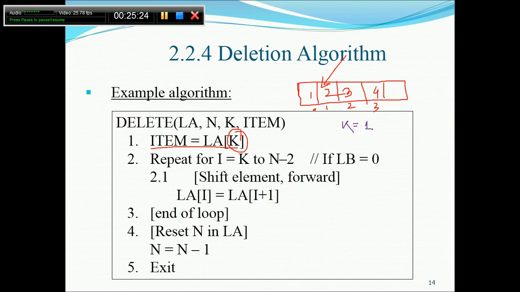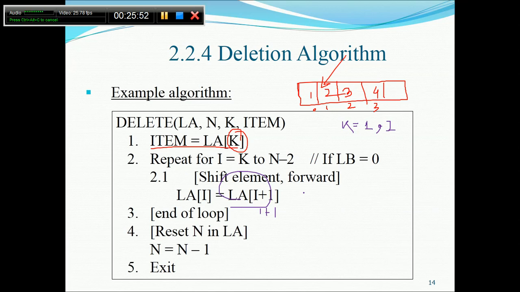What is n? N is the number of elements. Number of elements is 4. In this case, it will run 1 to 2 times, 1 and 2. Okay, not an issue, no problem. Now it says LA of i plus 1. So the first time i would be 1. So 1 plus 1, because it will copy the k value. 1 plus 1, that is 2, means LA of 2